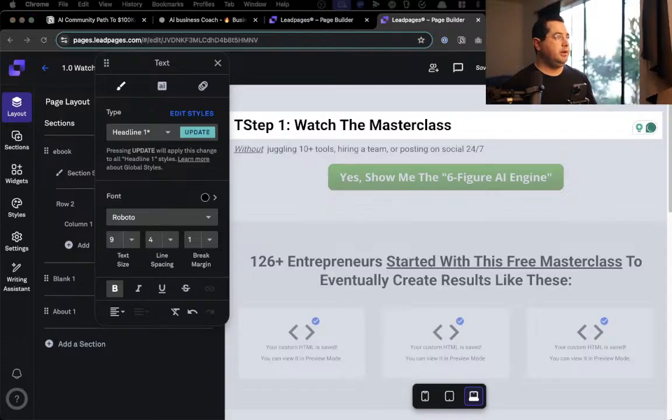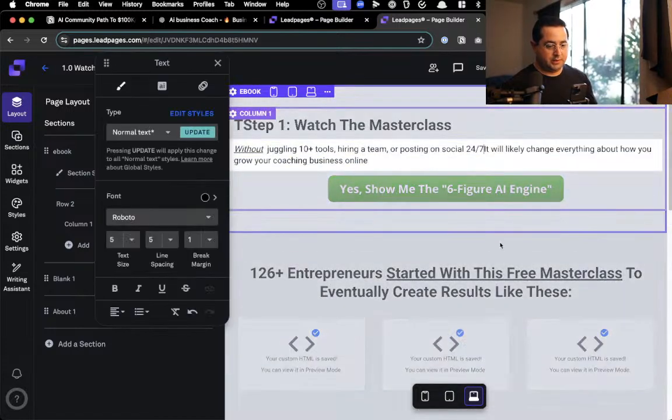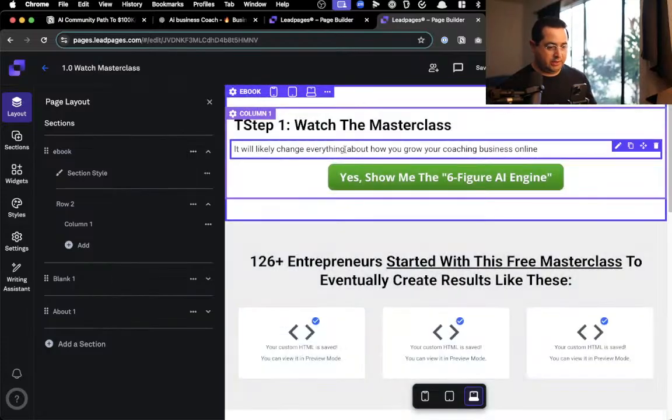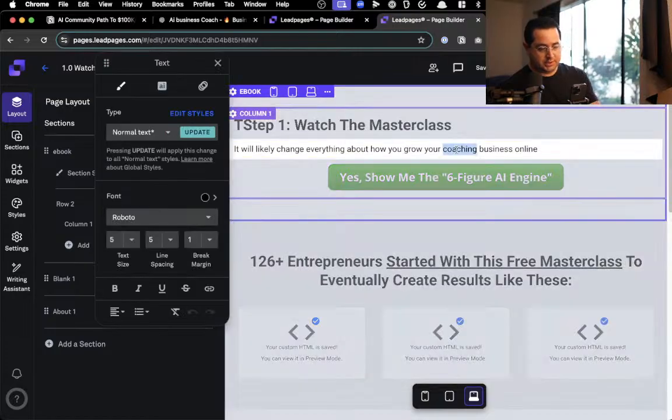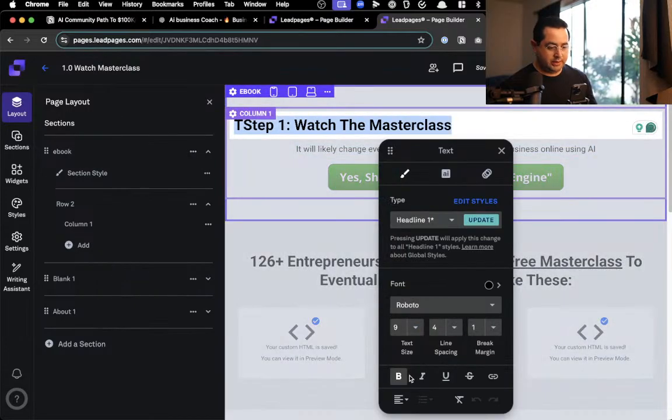Then here, it will likely change everything you know about how to grow your business online using AI. Cool. Center. Cool. Center.